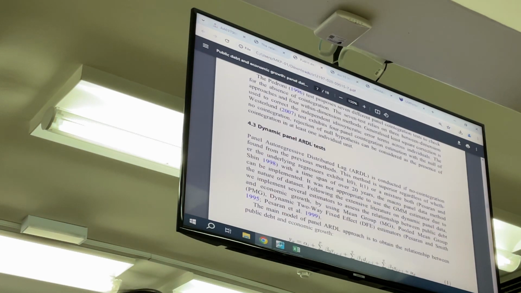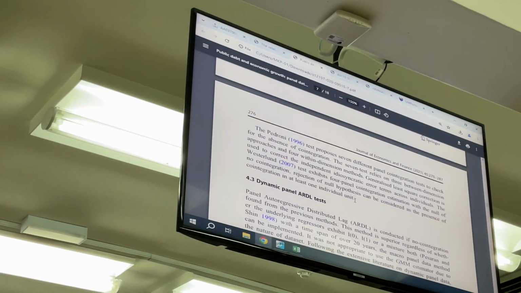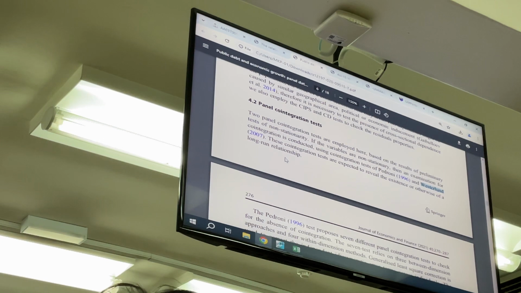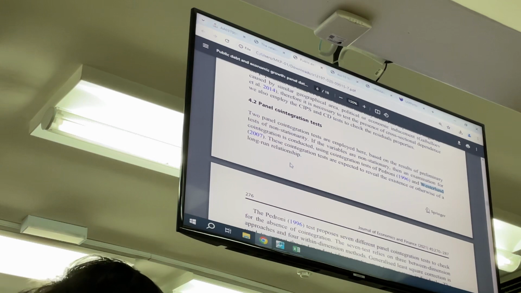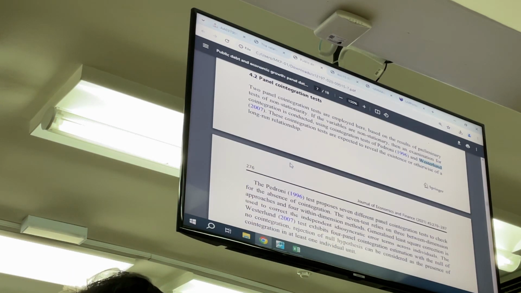Then in your group assignment, actually you need to discuss also what approach you are using, not just copy paste the previous output and then summarize the result. You have to let us know what approach you are using. So you have to describe, for example, the panel cointegration test. We are not expecting you to show all the test statistics, right? You can just describe like this. You can say Pedroni proposed 7 statistics, and then